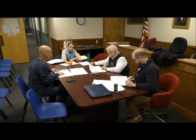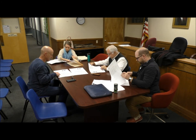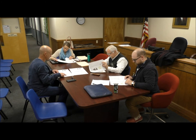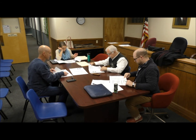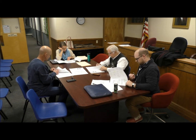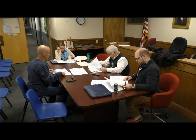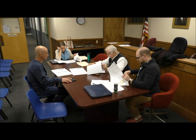So, the reason I stopped in and requested to be on the agenda is to have our lights reviewed for the front of the building. As you can see, light H, which is the first one, would be in 3 locations: outside the front door as well as the side door, which would be the east side exit. And then the next light is light J, which would be outside the back of the building, just for lighting in the rear of the building. And then the third light choice that we have is K, which goes on the east side of the building, also under the fire escape, or it's really not a fire escape, the staircase that's enclosed on the east side of the building,